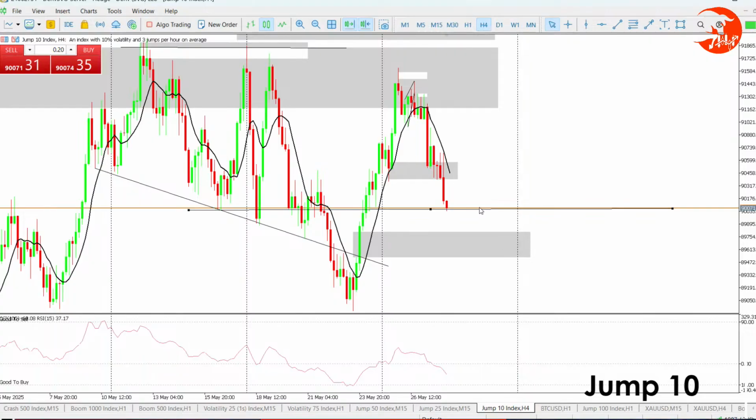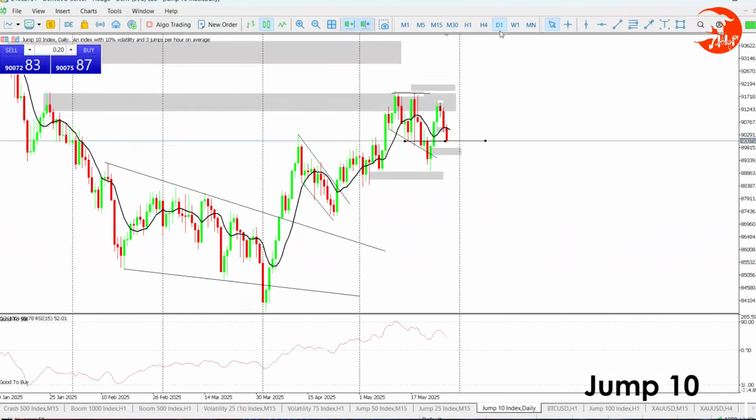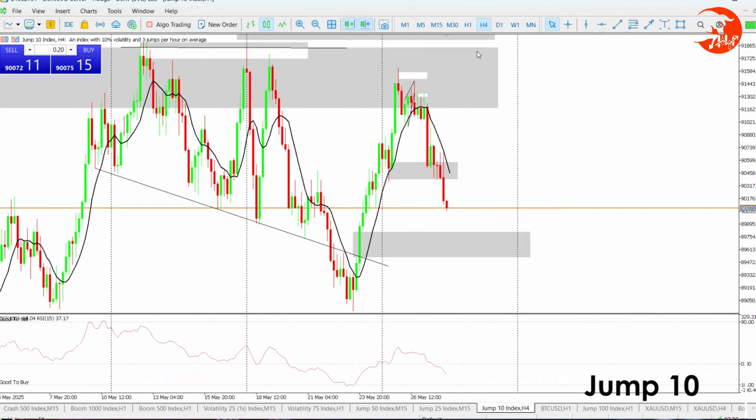what is this? Why do I have this? Okay, that's a level where I had a change of character line, so price has reacted, so it's looking to break it again. So first delete it, it's not necessary. According to daily, we are selling. Okay, H4, we are of course looking for now a retest. It is showing me buys on CCI. That's weird, yet I have a change of character right here.